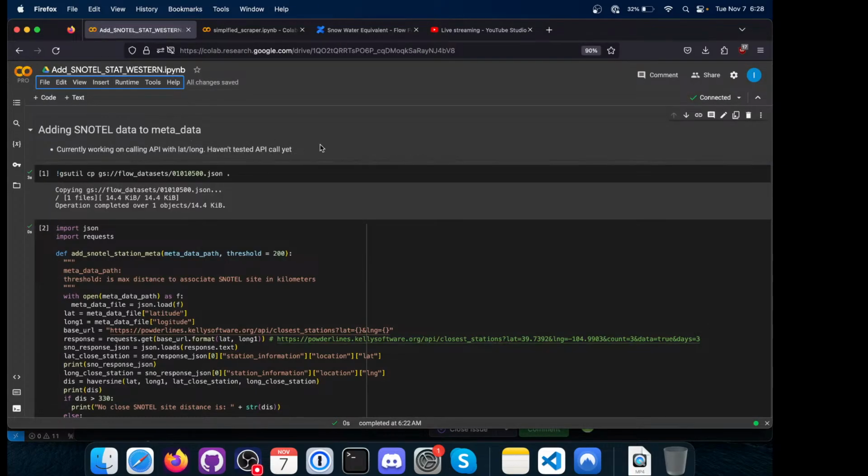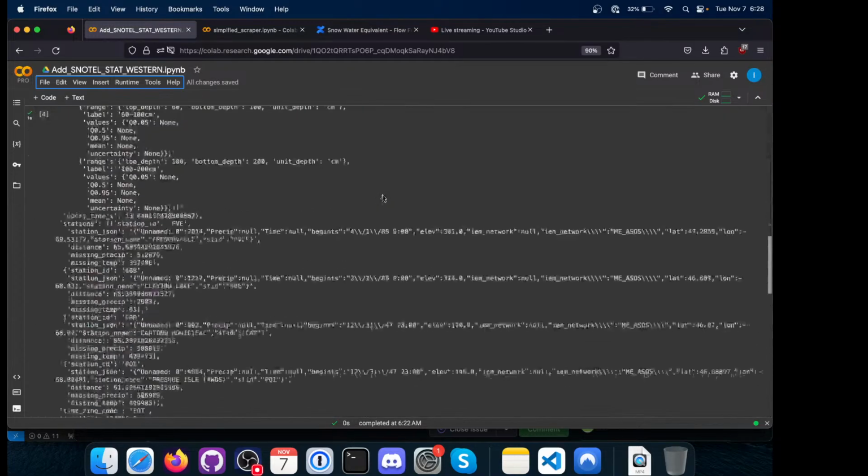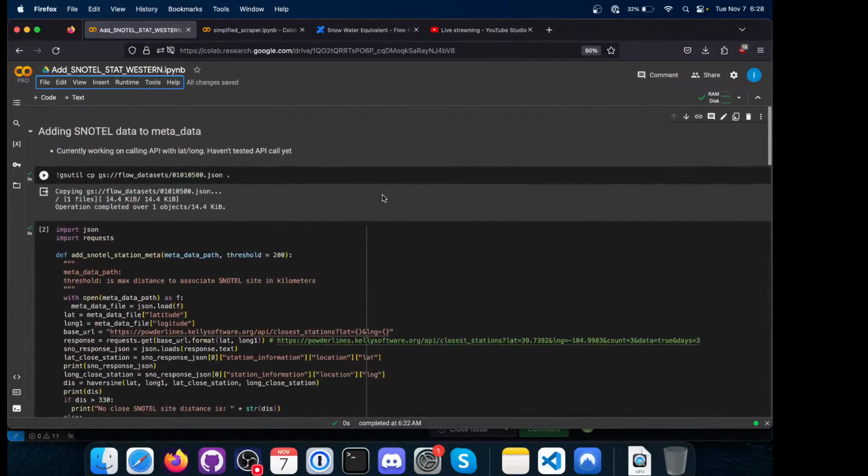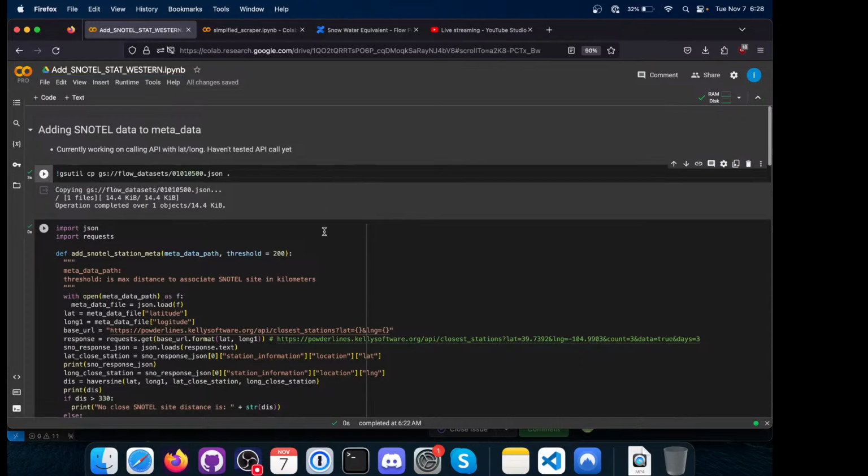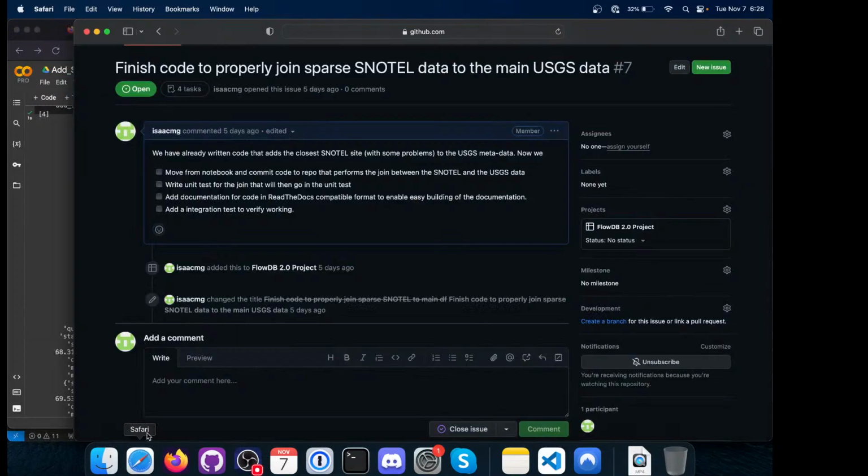So right now we're working on adding this code to... so we had the... okay, so